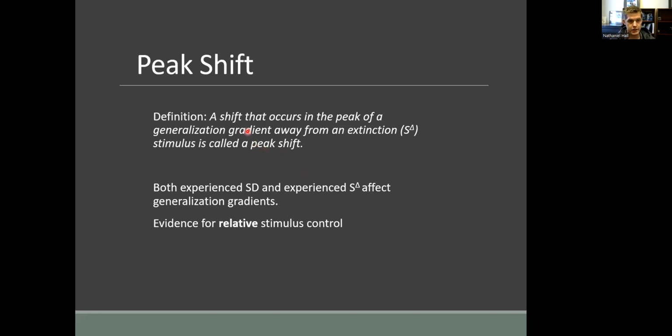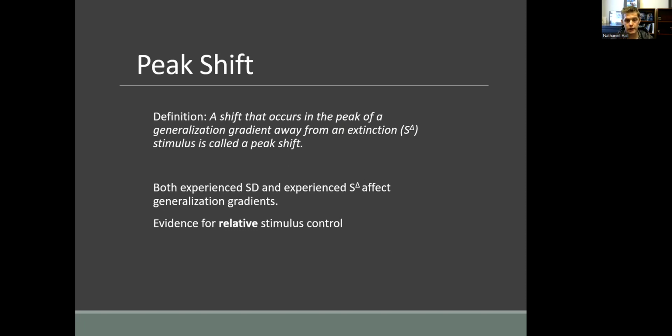So the definition of peak shift is a shift that occurs in the peak of a generalization gradient away from an extinction stimulus. That is peak shift. Both experienced SDs and experienced S deltas can affect generalization gradients, which indicates that there is importance for relative stimulus control, meaning that your experience with what are your target stimuli and what are your extinction stimuli and how closely